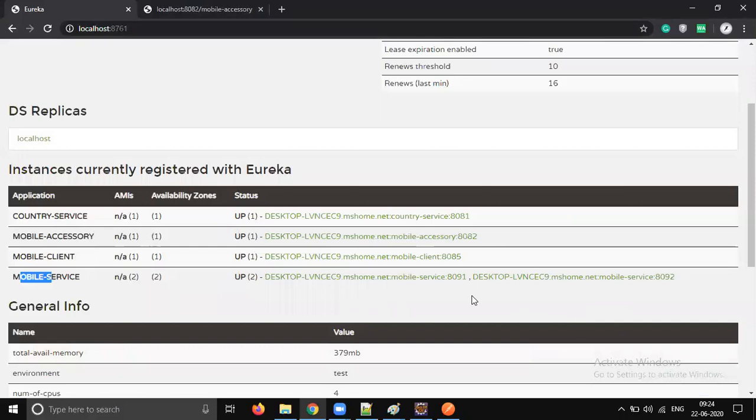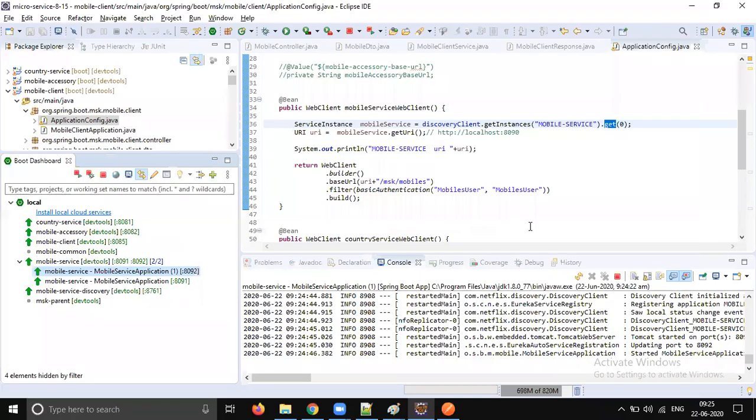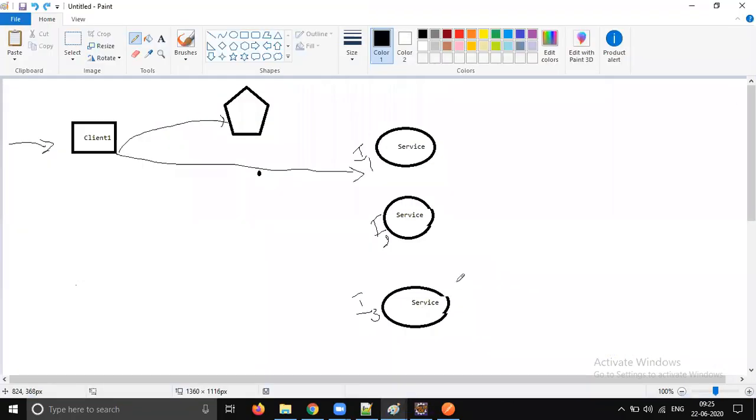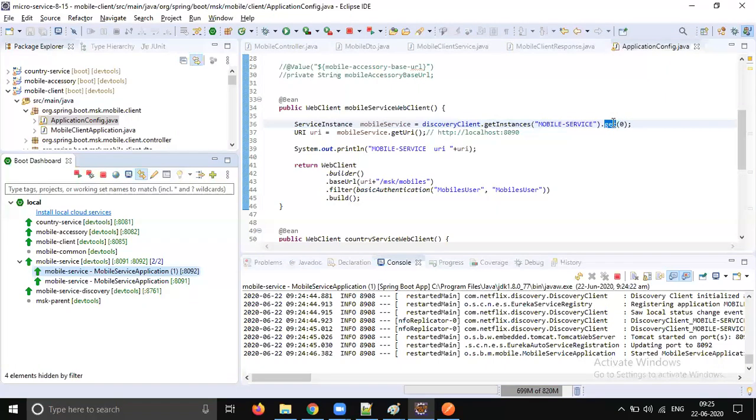Here we are just taking an example of 2 instances, mobile service instance 1 and instance 2. Even though you have 2 instances, as you are doing get of zero, let's send the request.